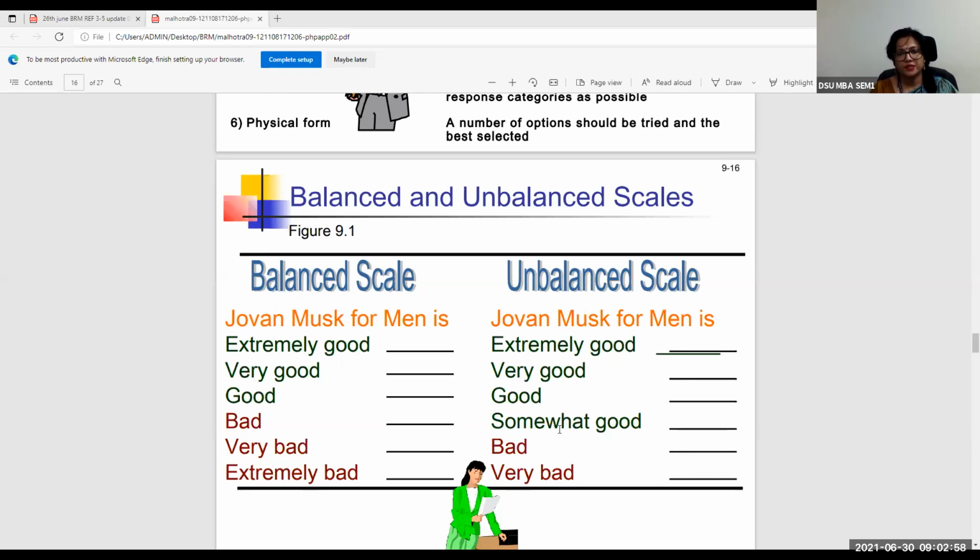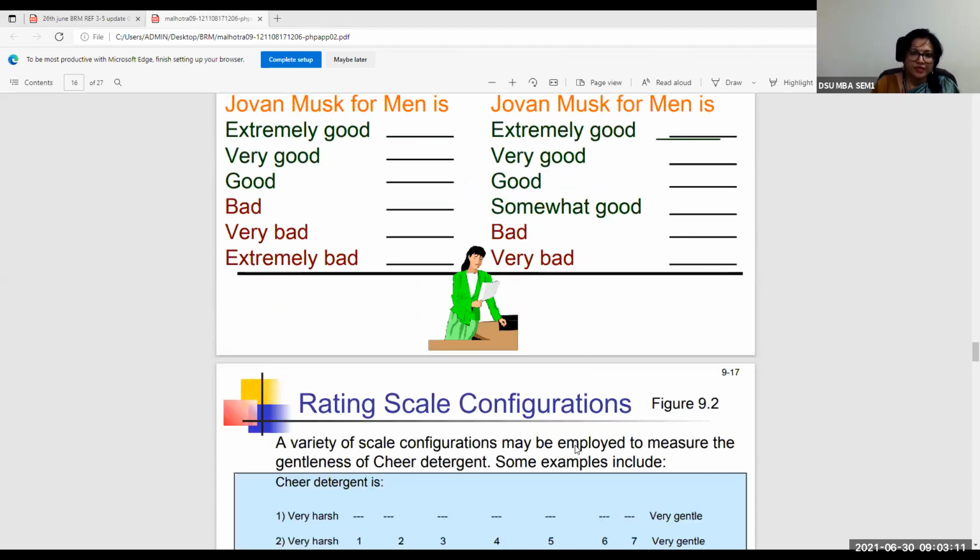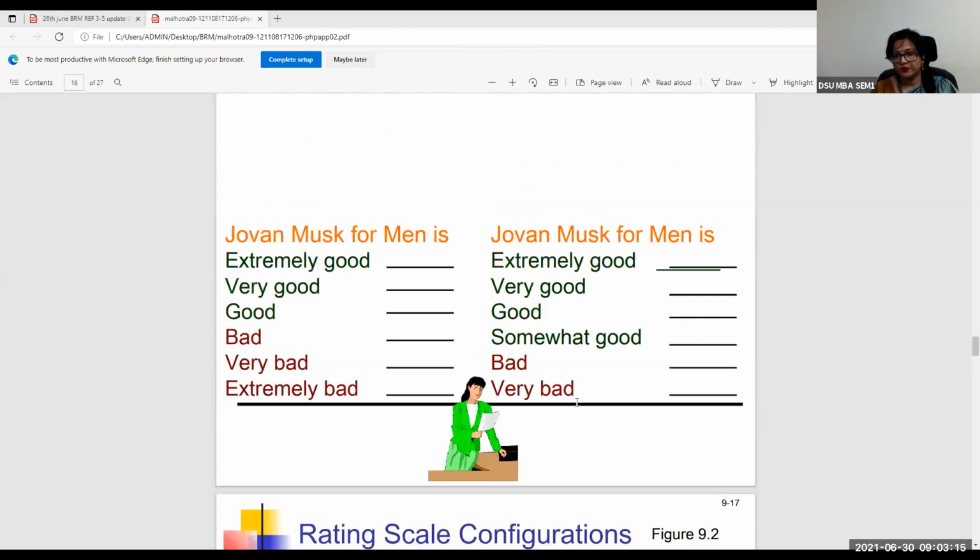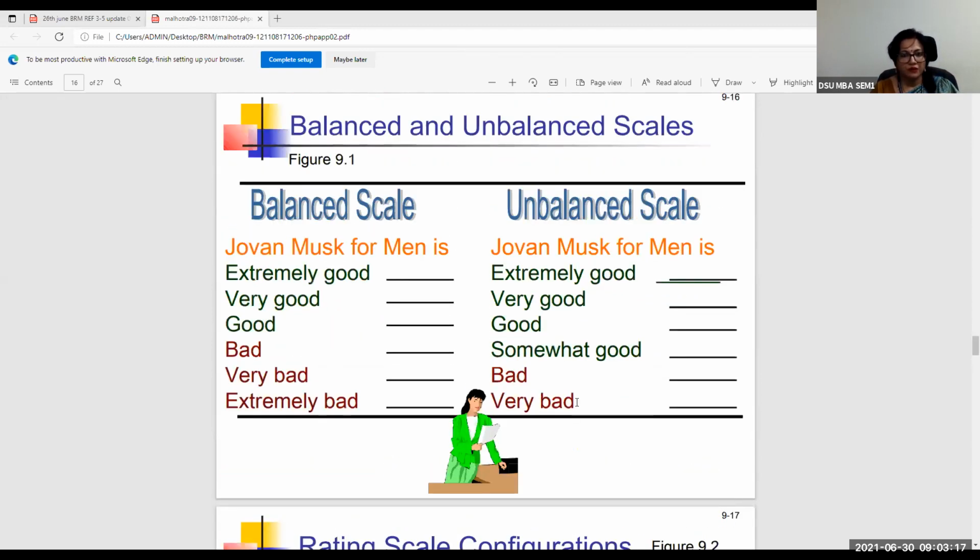These are the 4 items giving the option to the respondent to express whether they like the brand. And there are only 2 options of the negative sentiment, bad and very bad. So an unbalanced scale typically gives more options for people to choose from one type of sentiment, and typically it will be something in favor of the question.